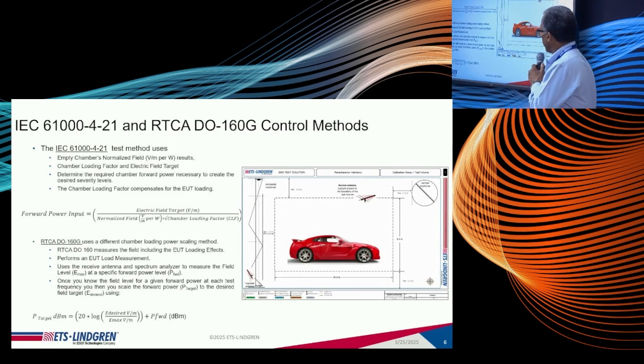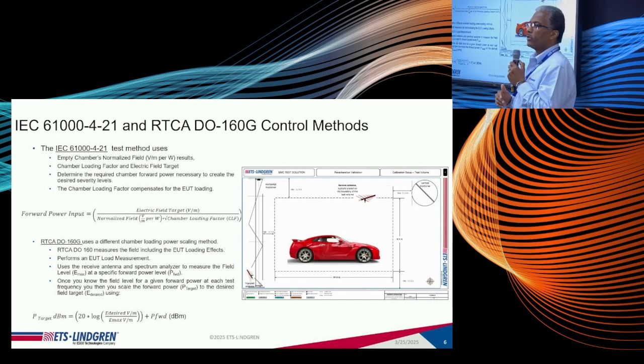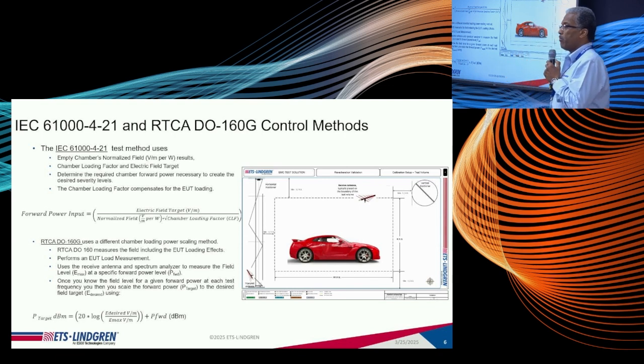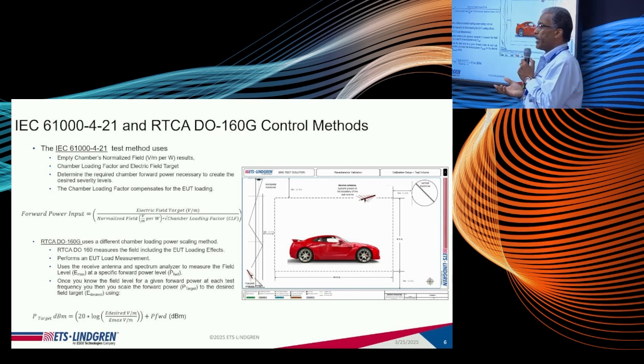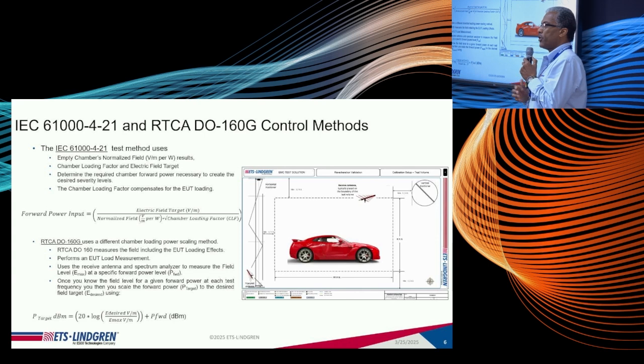This is all related to immunity testing. Mathias talked a lot about emissions and some of the pros and cons of reverb testing versus an anechoic chamber test for emission measurements. What I'll talk about is immunity measurements and the automotive industry, and why the automotive industry is tending towards the use of reverberation chambers for some of these immunity tests. So here we have a typical setup, a reverberation chamber environment with a vehicle under test.